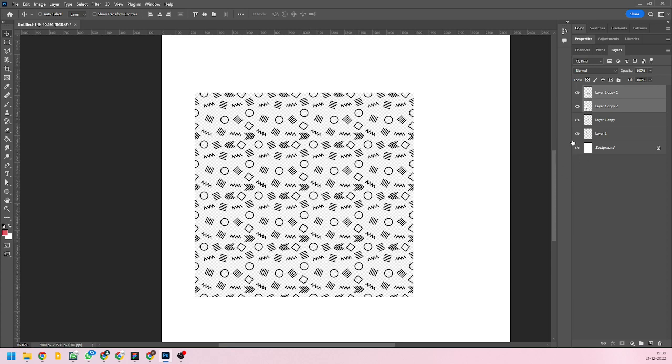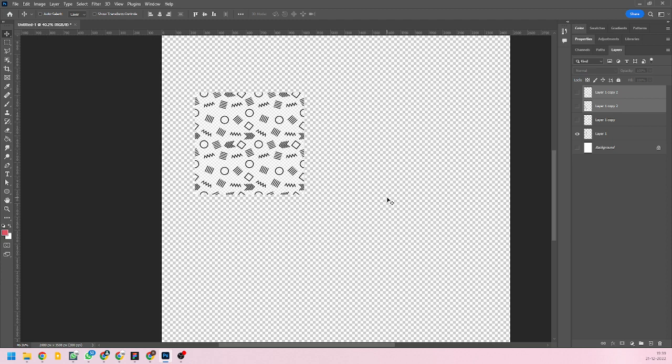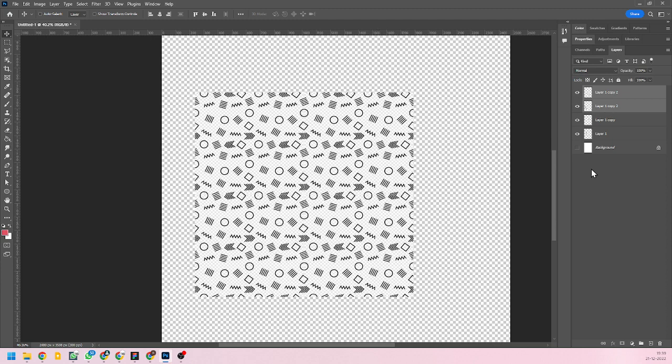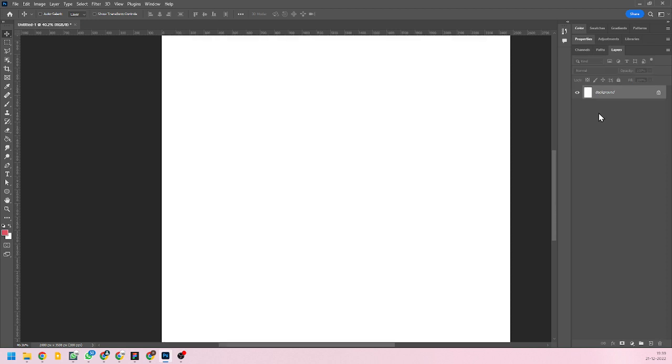And this particular one is a four-way repeat. So we also have two-way repeats, where it is just horizontally seamless, and then we have four-way repeat, which is seamless both horizontally and vertically. So let's get rid of this, and let's go to